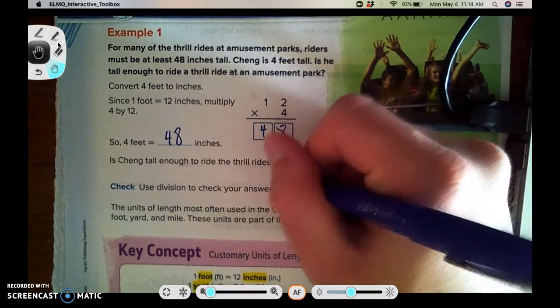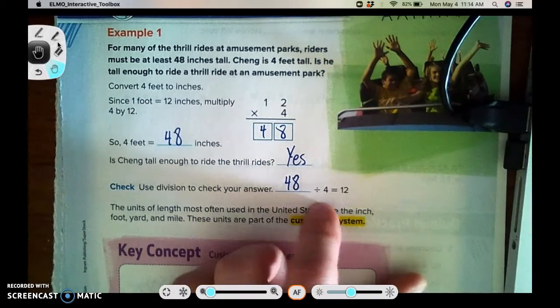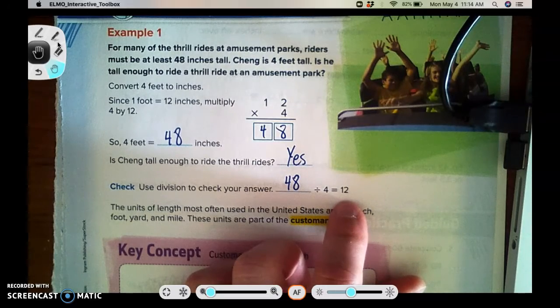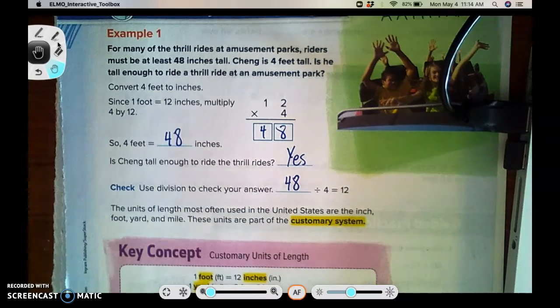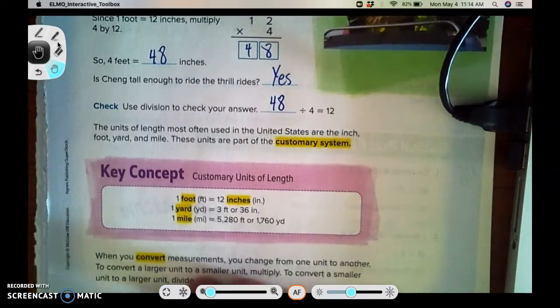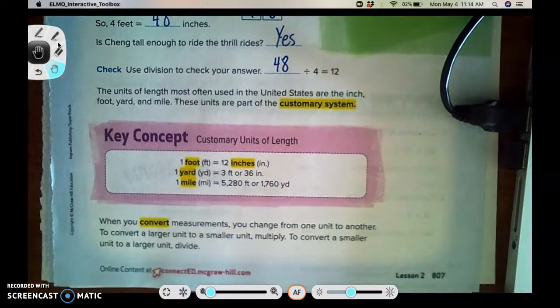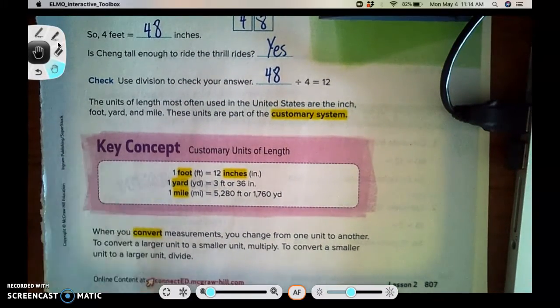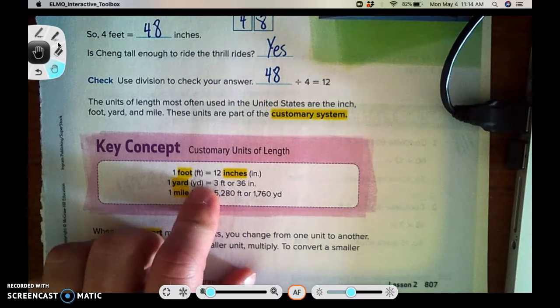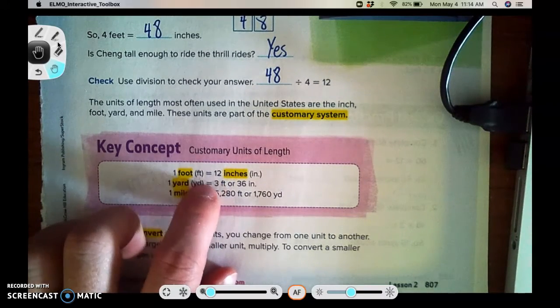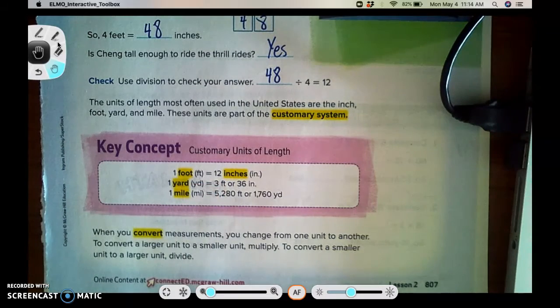If we want to check our answer, we can reverse it with division to see if 48 inches divided by 4 feet gives us 12 inches total, which is correct. We just reversed our math. The units of length most often used in the United States are the inch, foot, yard, and mile. We're not on the metric system. These units are part of the customary system. This chart is good to refer back to in case you ever forget: 1 foot is equal to 12 inches, 1 yard is 3 feet or 36 inches,